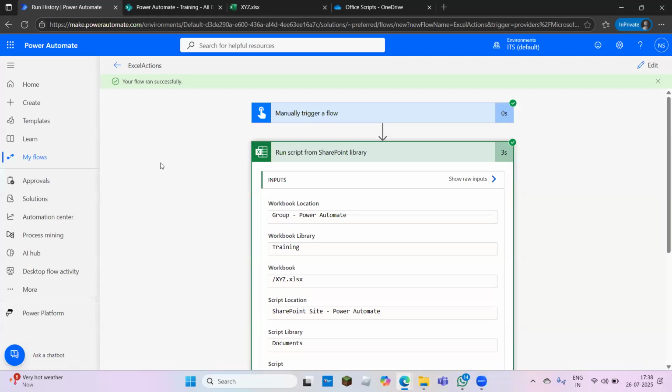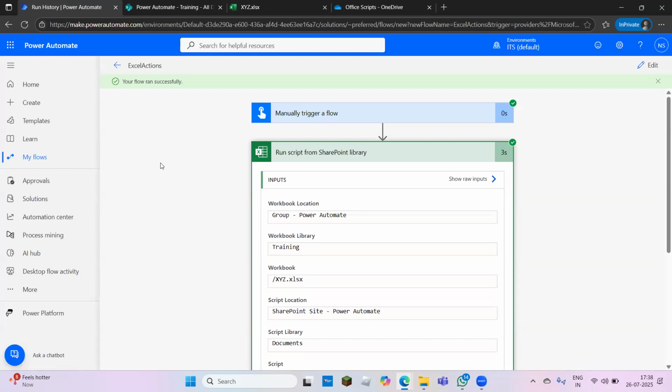Office script has one more limitation. If it is very lengthy, like it takes 4 to 5 minutes, it automatically fails. So this is a Microsoft limit. If your script is running continuously for more than 4 or 5 minutes, after that it will show you the status as failed, because this is the cloud integration. So if you have a long calculation,